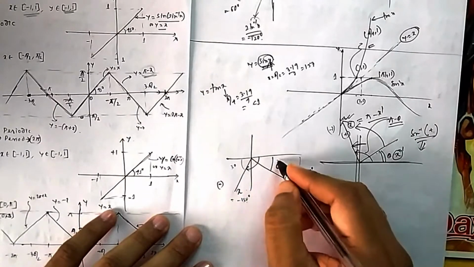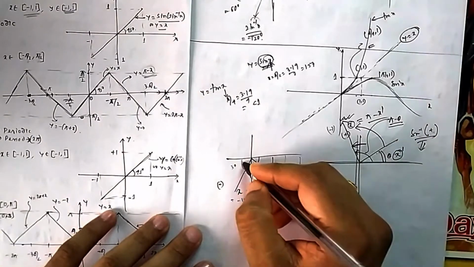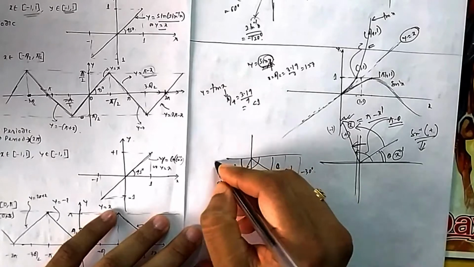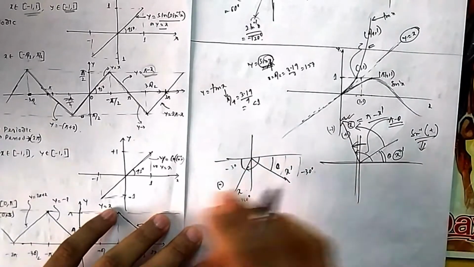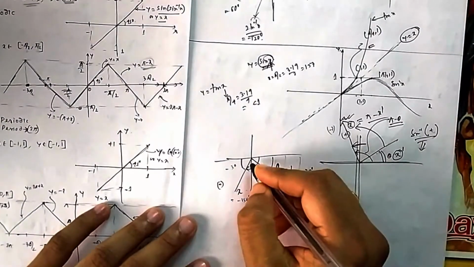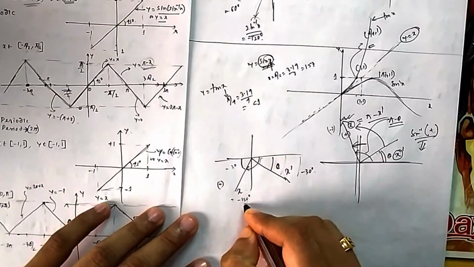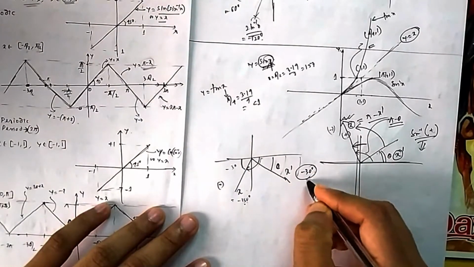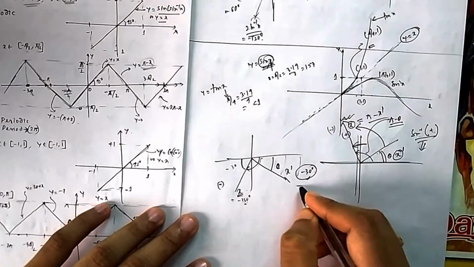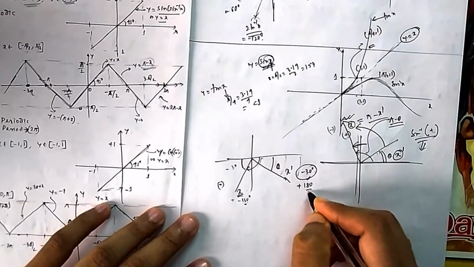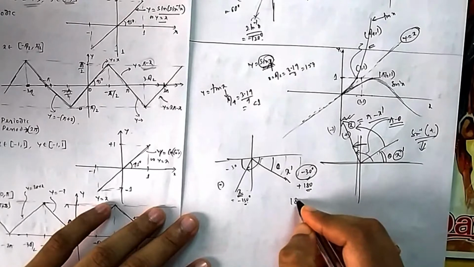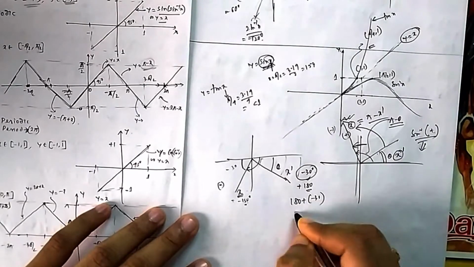Then this angle, because the quadrant angle should be the same. Whatever minus 30 value is giving, the same minus 30 value here also it will give, because at both places sine is negative. So minus 30 means from here to here it should be minus 150. So how to make minus 30 to 150? You add 180 to this one. So 180 plus your minus 30 will give you 150.